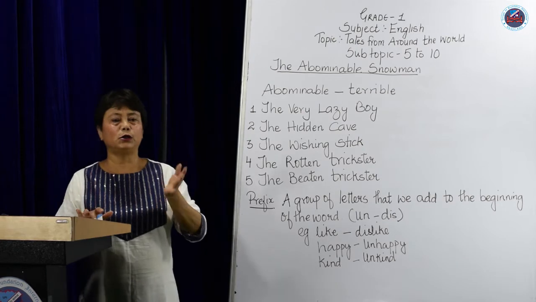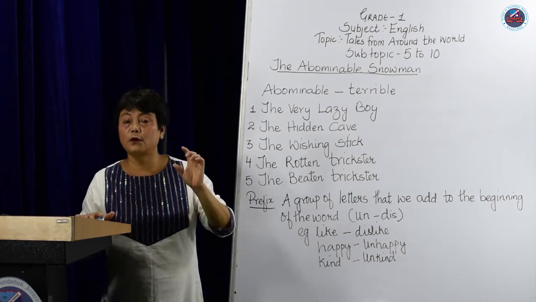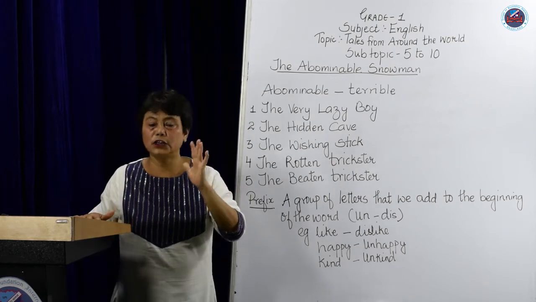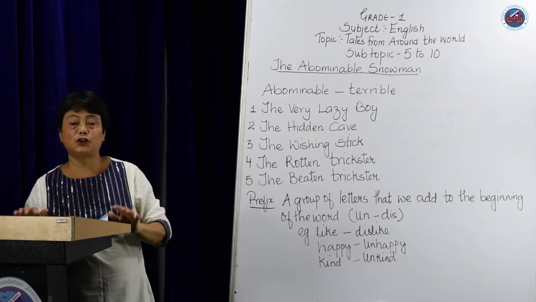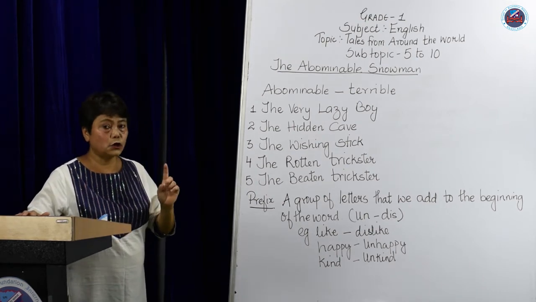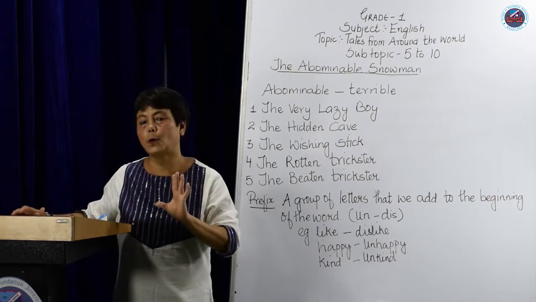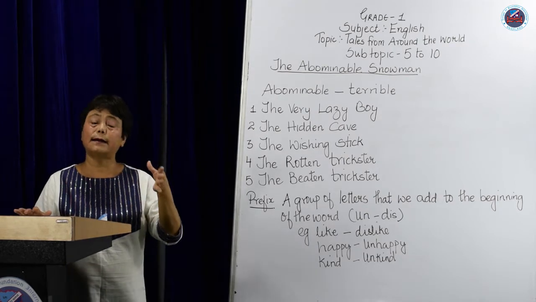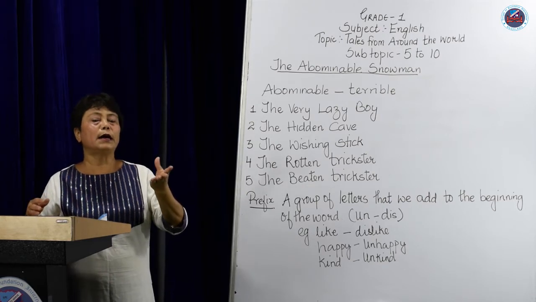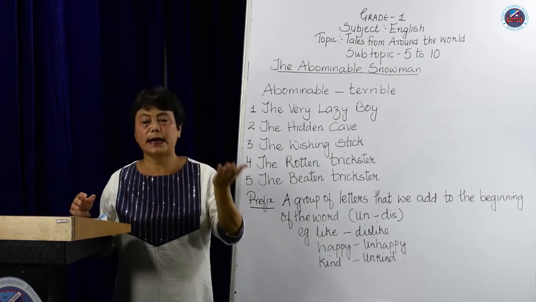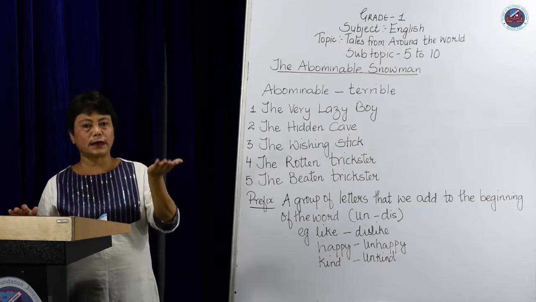So he went home. He told his mother that he got a wishing stick. But it did not work because the old man had already changed it. So Rame got angry. He thought that the shopper had tricked him, but it was not the shopper. It was the woodcutter, the old man. So when he went to the shopper, he said, you have tricked me. You have given me something that is not a wishing stick. It's something else. But the shopper knew that the old man had tricked him, so he gave another wishing stick,